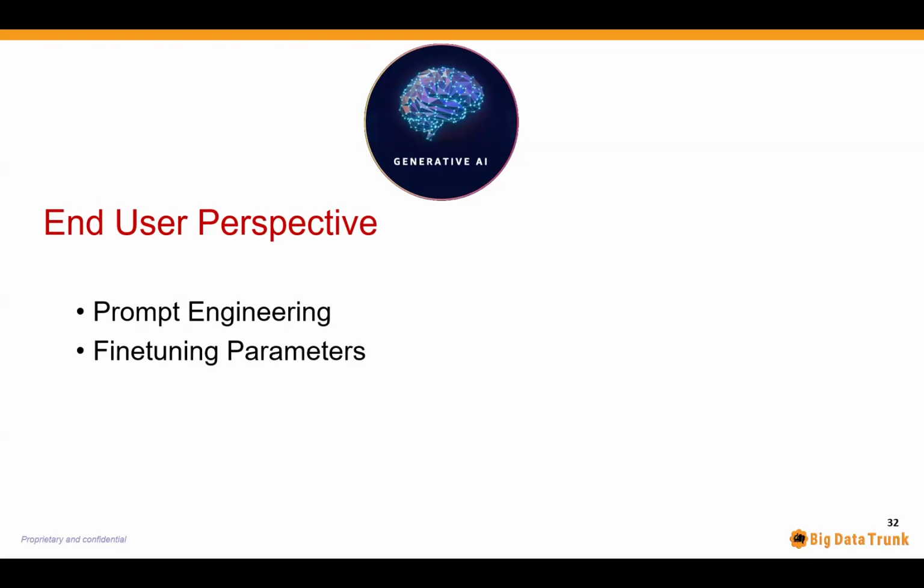A lot of them also allow you to fine tune parameters. For example, ChatGPT, once you sign in, and especially if you have your paid subscription, being able to change the temperature or the top P or top N values. Do you want your content to be more creative? Do you want it to be a little more dynamic? Do you not want a lot of terms to be repeated? Do you want it to look more original? So there are a lot of these minor fine tunings that you can do so that you get a better quality result. So that is one area we could focus on.